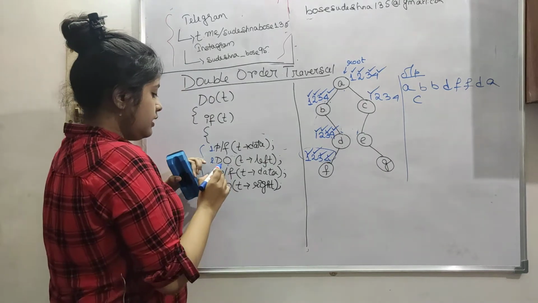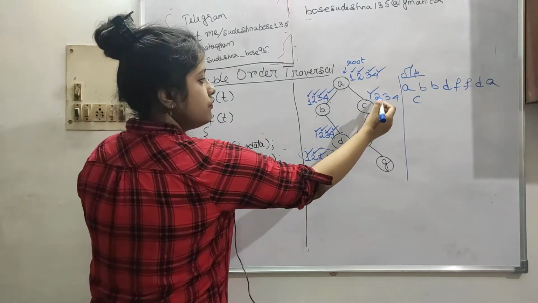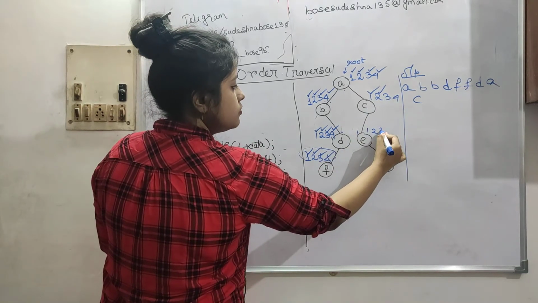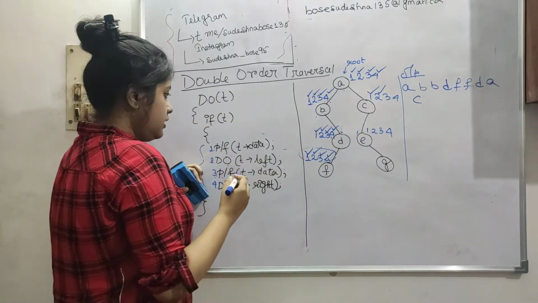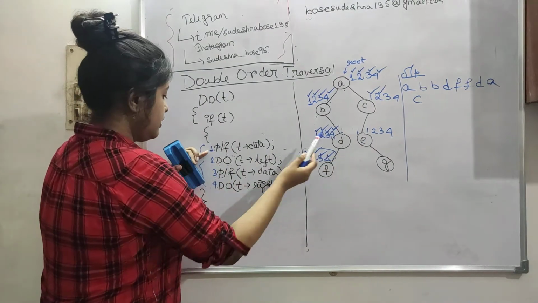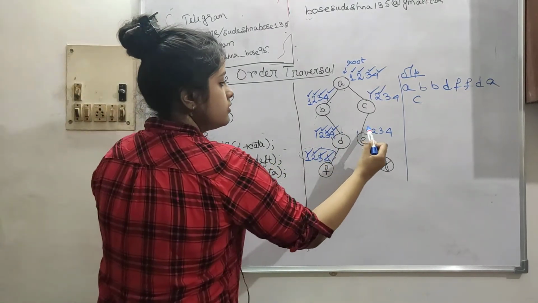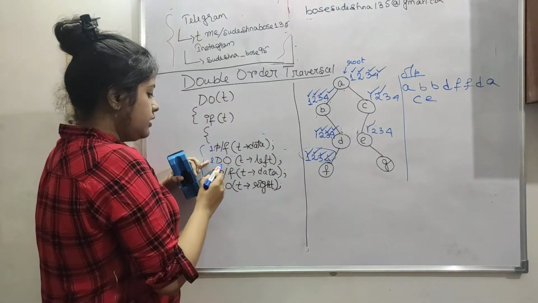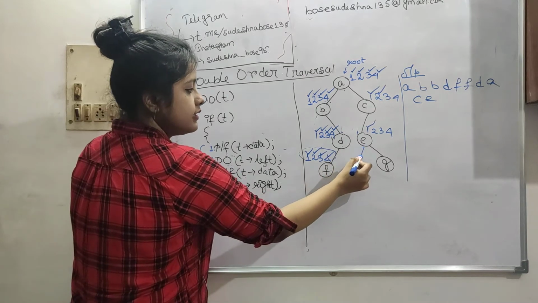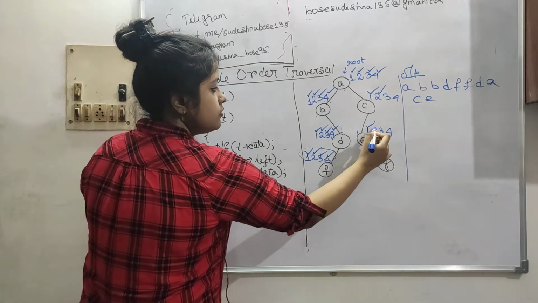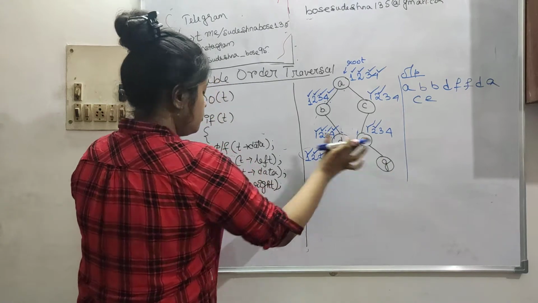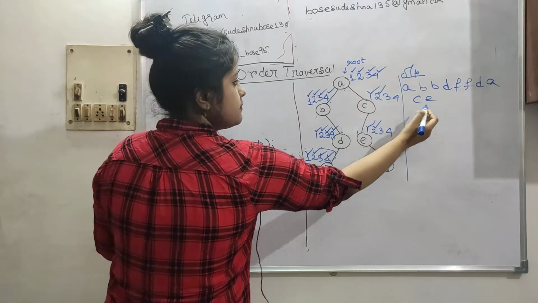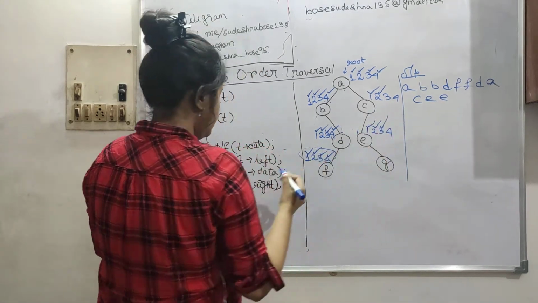Number 2, do T arrow left, we go to our left, so put a tick mark here and write 1 2 3 and 4. So now we are here and we do T arrow data, put a tick here and write E. Do T arrow left, see it has nothing in left, so just put a tick mark here and go to our number 3, printf T arrow data, just print E again and put a tick.